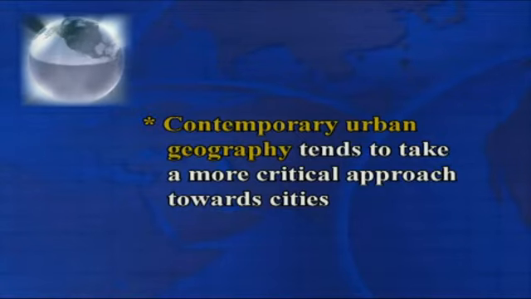Contemporary urban geography tends to take a more critical approach towards the cities. In other words, such places are not simply to be viewed as given physical environments or as discrete dots on the maps that can be explained by objective scientists looking down from space. Rather, cities are complex human systems that are reconstructed every day by our words and actions. Urban geography is an important subject of geography today, which has to be studied by every administrator and environmental planner.